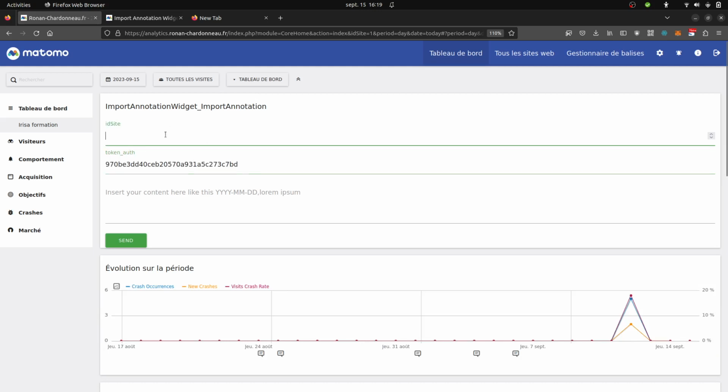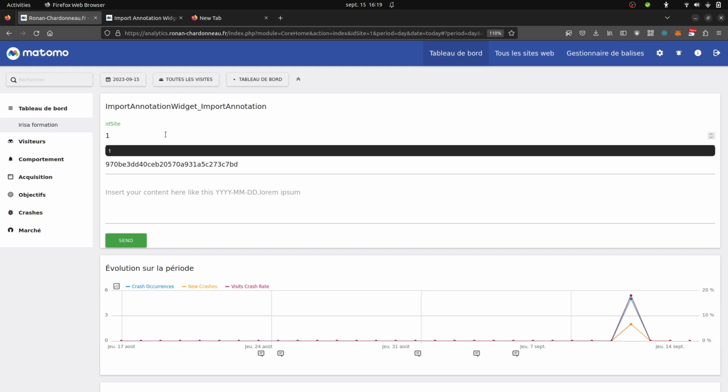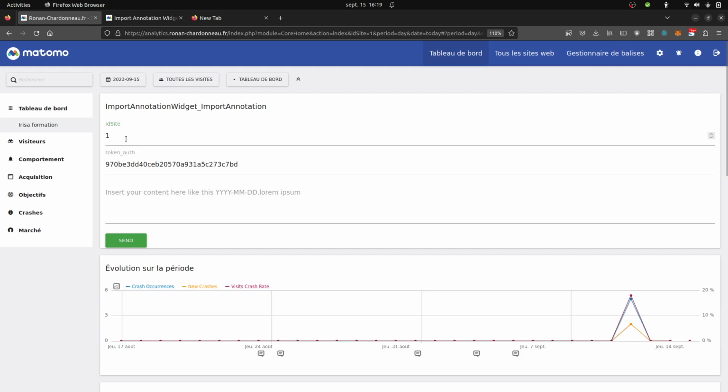You can copy your token here, and then you specify the site ID for which you would like to import the data. In my case, that's website ID number 1, but I could definitely use it for others. Let's imagine that I would like to add from the 17th of August until the 19th of August. So I can just go over here. Here it's written how your file should be structured. So imagine that your file is like this: month of August, the 17th, and then I'm just going to put some fake